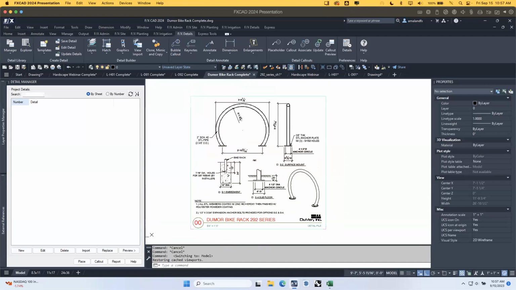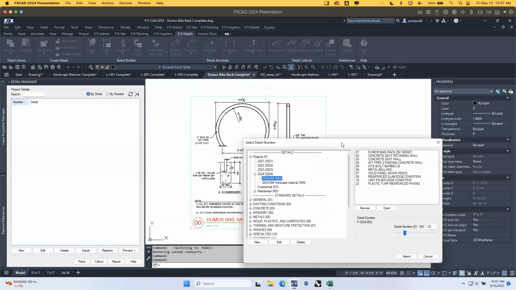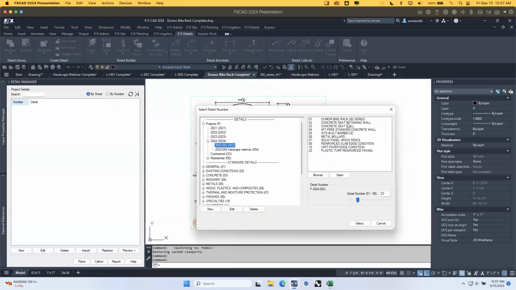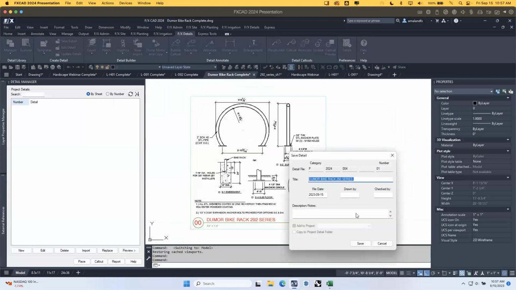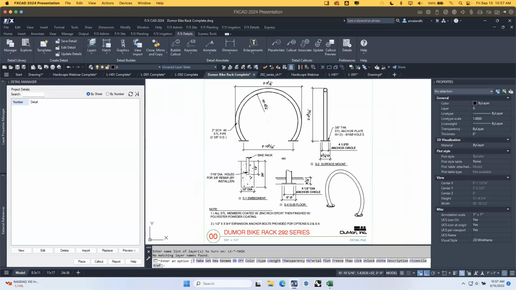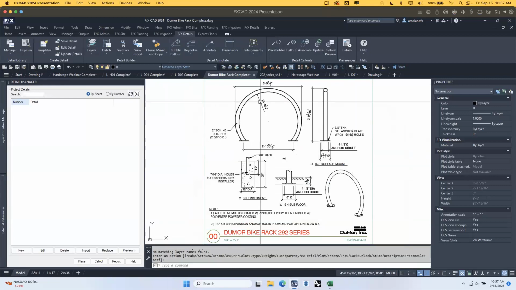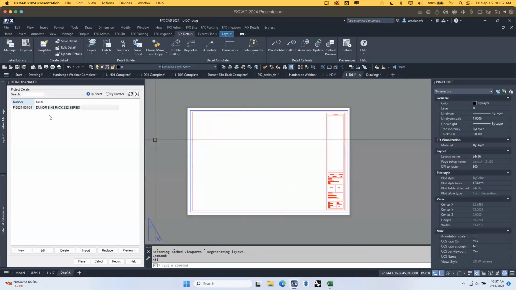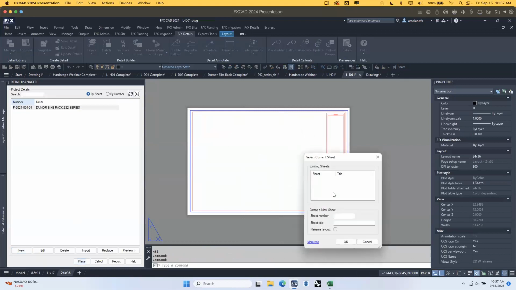So once you're done that, you will go and save that detail. And you can see I saved a version of it over here. I'm going to save a version of it in here and just select and say save. Okay. And there we go. Now I can go over to my detail sheet, grab that, place it,